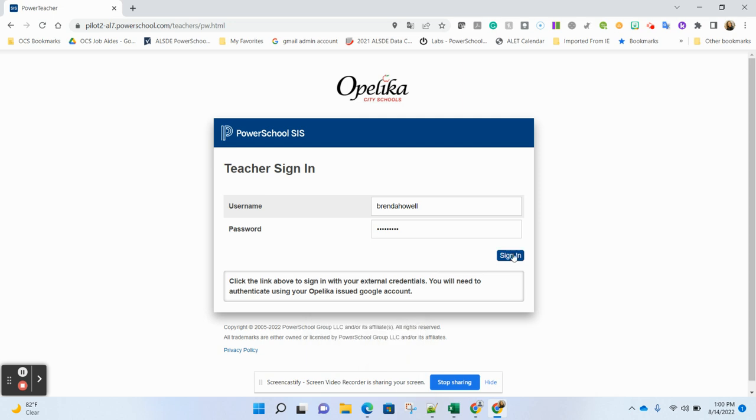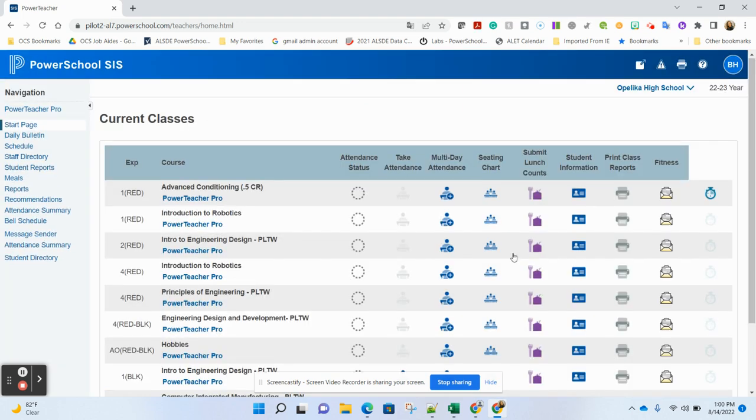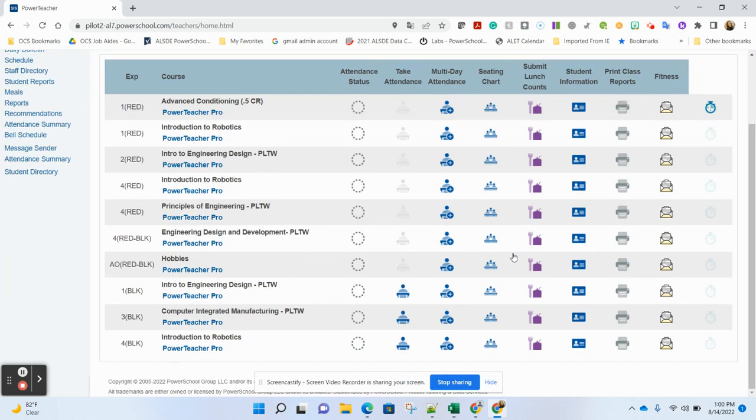When you sign into the teacher portal, you're presented with your classes. One of the ways to see who in your class has any documents associated with them in special programs can be found immediately from the attendance menu. So if I were to go take attendance, as I do on a daily basis inside of PowerTeacher, I would go to my classroom, click on the attendance icon,